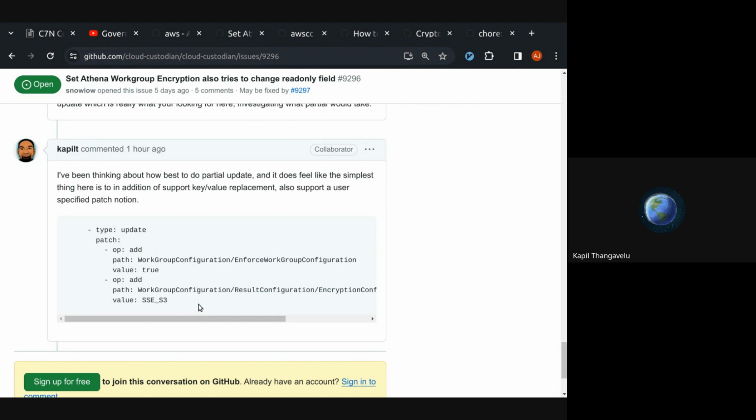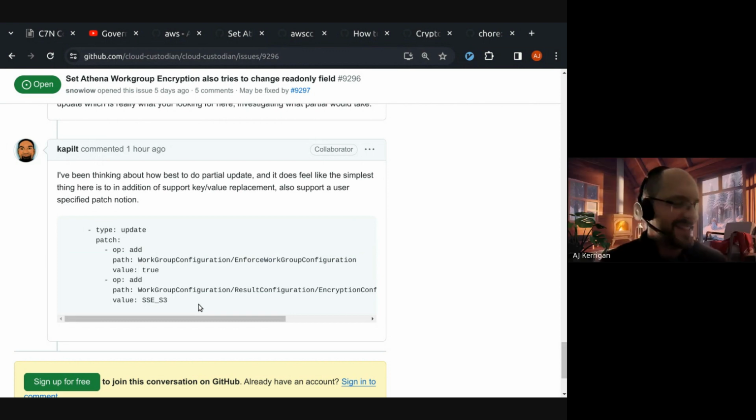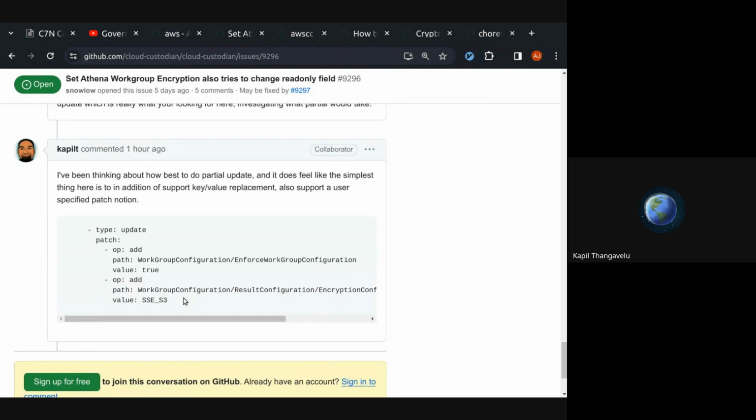Kubernetes on the controller mode does do patches. The mutating controller will do patches as well as on updates. So in that context, yes, JSON patch seems to be, I don't want to say standard, but a reasonable choice. Yeah, looking at this at a glance, I'm like, oh yeah, that looks like JSON patch. And then I'm thinking, to a custodian policy author, is seeing JSON patch syntax going to be clear, or is there another way? And I couldn't think of another way that made sense. So yeah, I did look at the other way.